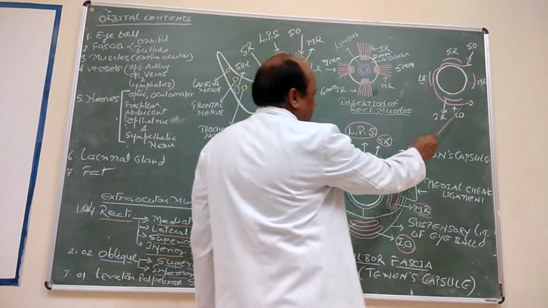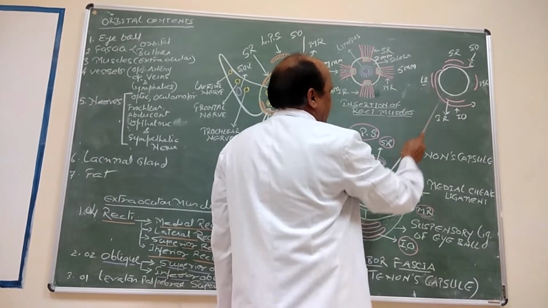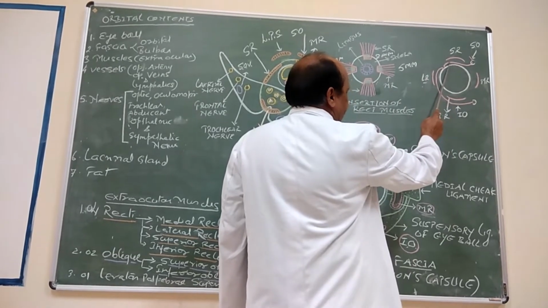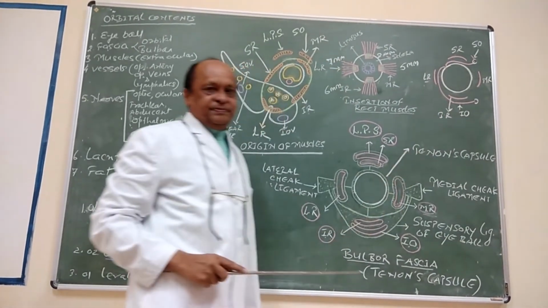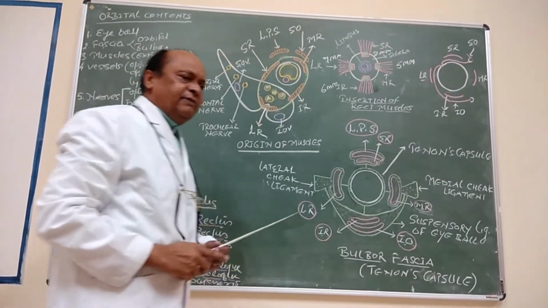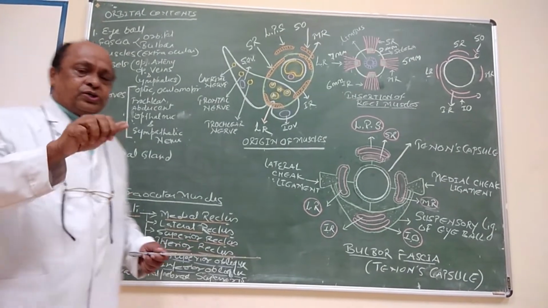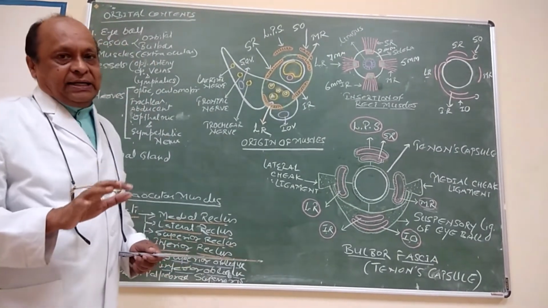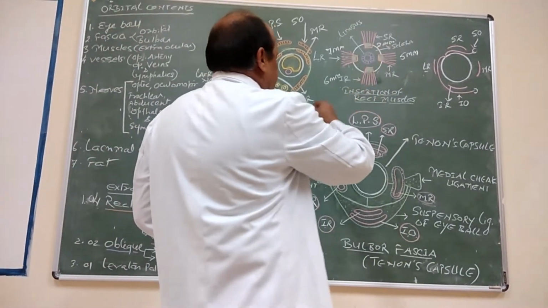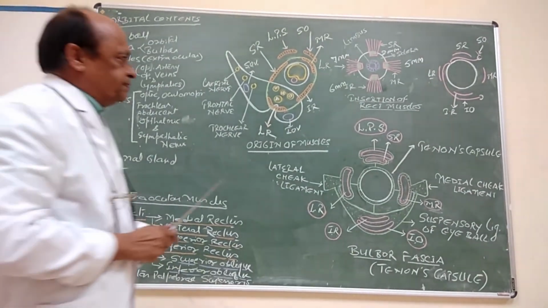Now look at the direction of this muscle. It is directed laterally, backwards and upwards. Look at the direction of superior oblique muscle. It is running laterally, backwards and downwards. So these are the muscles, recti and oblique muscle. And levator palpebrae superioris muscle, as the name indicates, has the very important role to elevate upper eyelid to open the eye, and this muscle takes origin from the body of sphenoid.